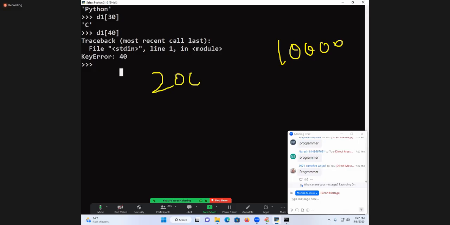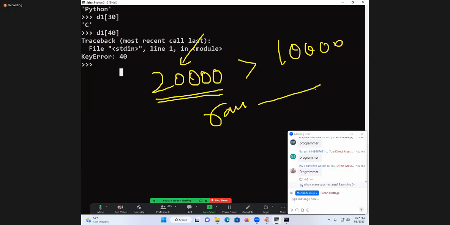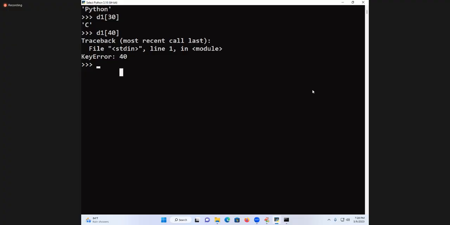One more. In your account there is 10,000 rupees, but you are attempting to withdraw 20,000. You are thinking, if the ATM gives, we want to enjoy. But what is the code written inside? I will also write this code in the class. What is the code that you are entering? 20,000. It is checking now. If your amount is greater than your existing balance, it will be stopped. So what is raised? An exception is raised. What is that exception? Insufficient fund. Do you have that type of exception in our Python software? No. Who needs to write it? That is known as which class? Programmer defined exception class.